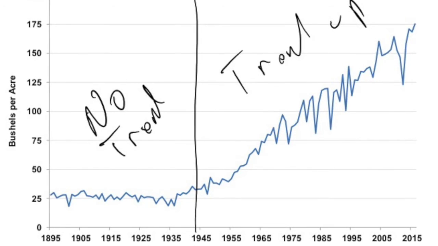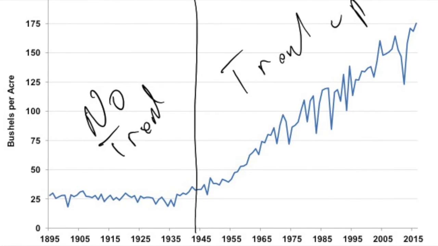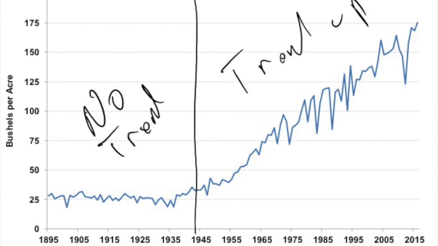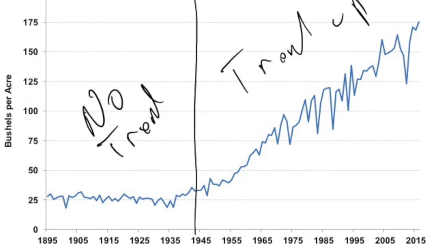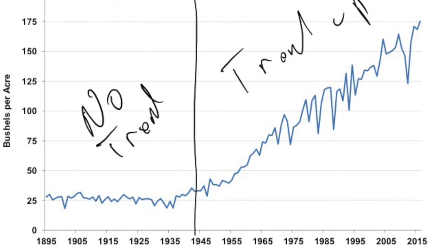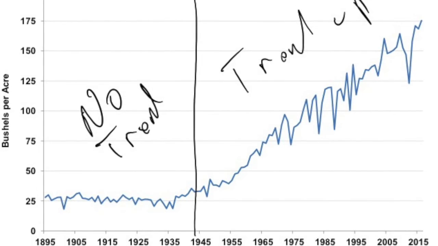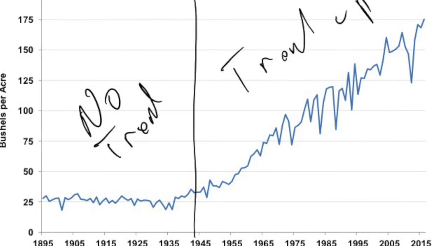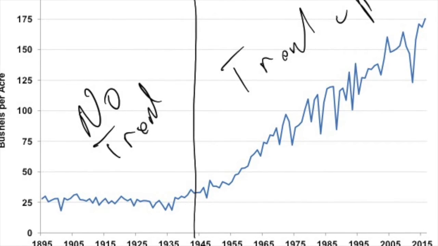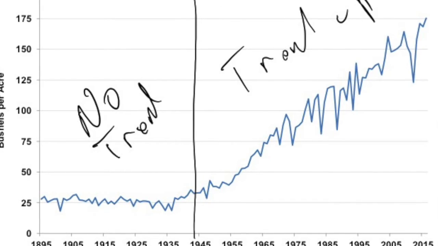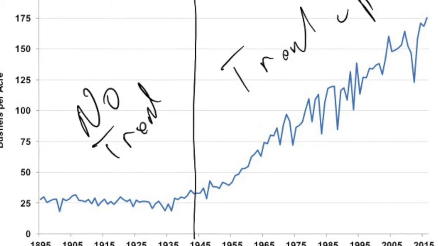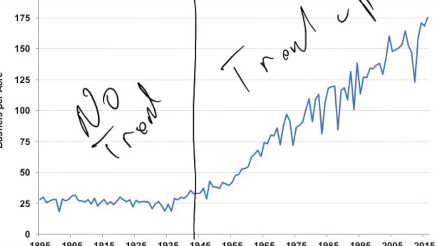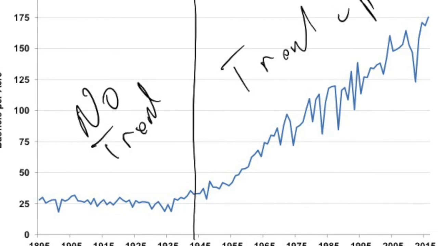Those no trends would mean that if we wanted to increase world production of crops or cereals, we would have to increase acres. The only way that you could increase production was to increase acres. As you can see, since the late 30s, early 40s, we have been on a steady trend upward in yields. Those upward trends in yields are primarily due to technologies that we have introduced. And now I'm going to give you a feel for some of the major technologies that have been introduced.